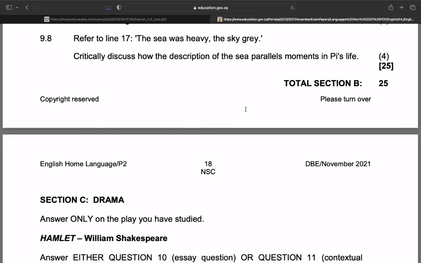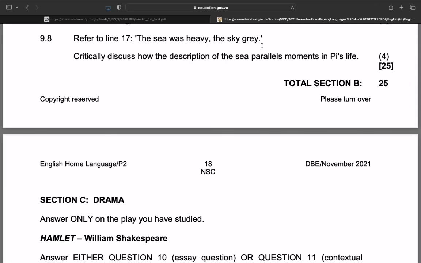That is metaphorical, and link that to Pi's feeling or his description. Okay, so you can say that the heavy implies a deep sense of despair and hopelessness. The grey reinforces the idea of losing hope and being depressed. Then you can say why: losing his family, being alone,